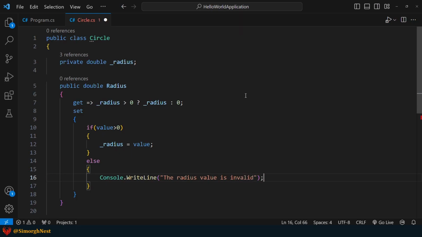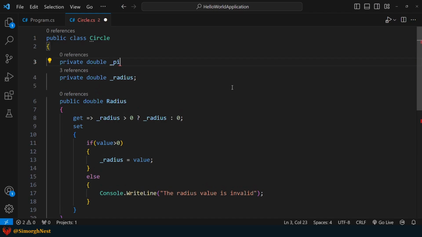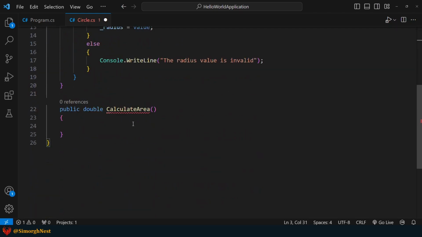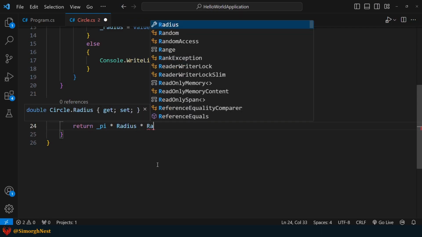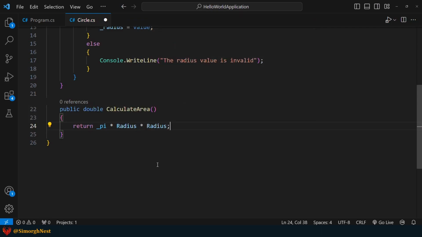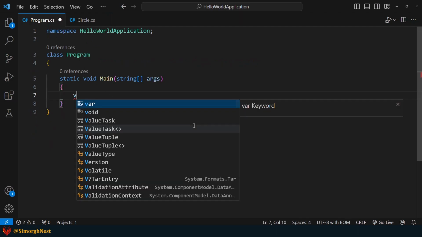Now let's declare a field to store the value of pi. Next, let's return the area of the circle by multiplying pi with the square of the radius. Now, let's go to the program class and create 3 instances of the circle class.